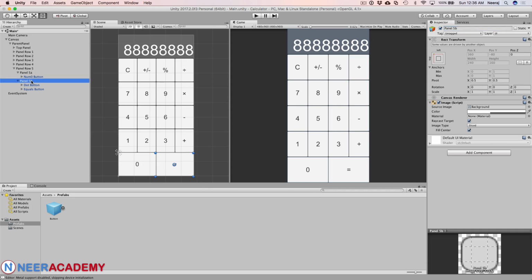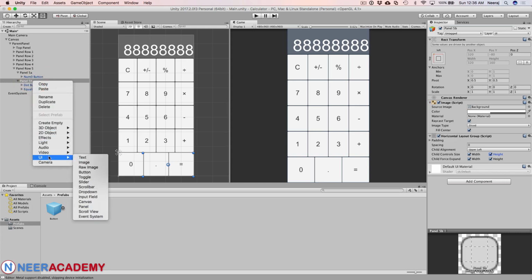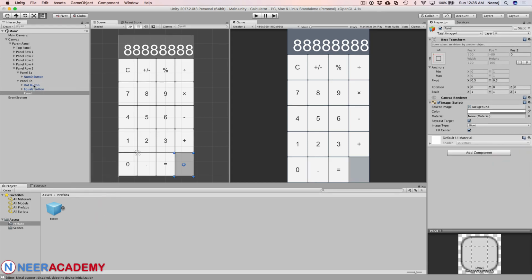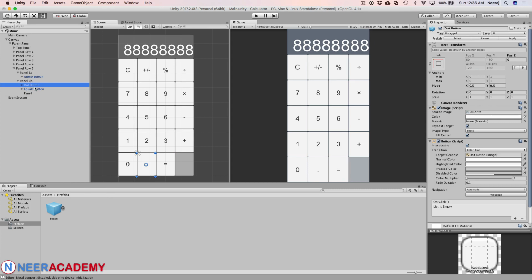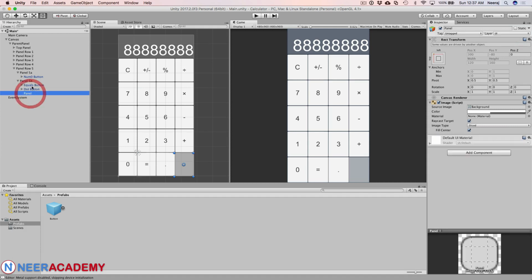Now even if I add a horizontal layout here, it will not solve our purpose. Even if the child controls the size, again it comes back to the same thing. So what we have to do is we'll add another panel as a child here, and we will drag these two buttons to this panel,